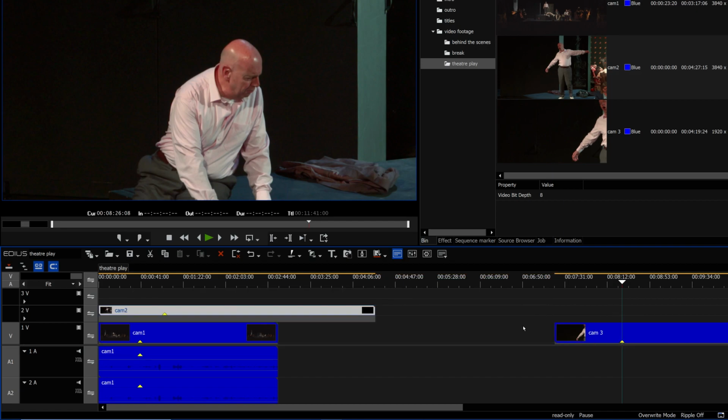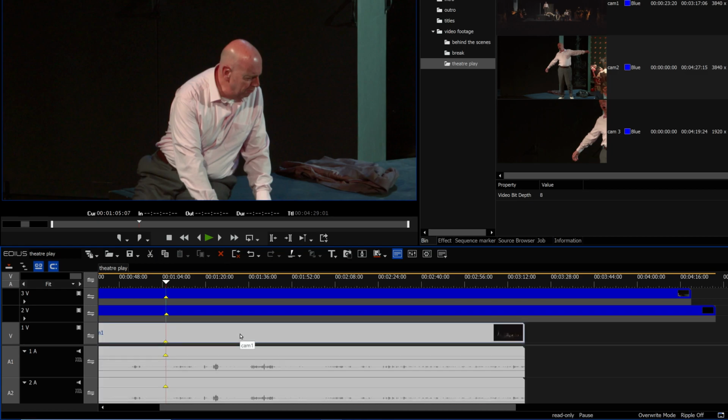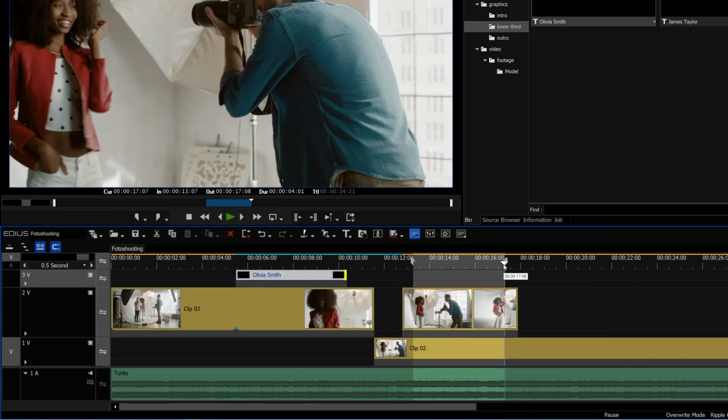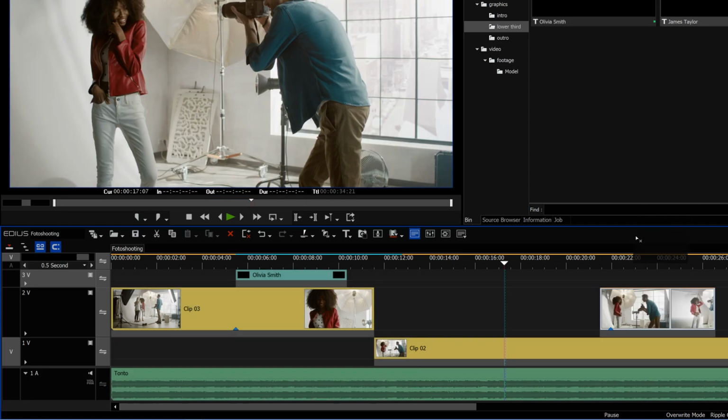Choose a specific visual event that occurs in all video clips and set clip markers. Now move the clips on the timeline so the clip markers are matching up. You could also use in-out clip markers to mark areas on your clips where graphics, such as lower thirds or other elements, should be integrated later.